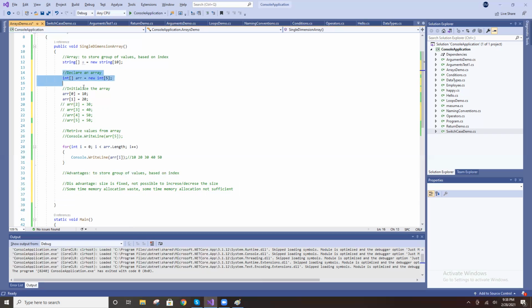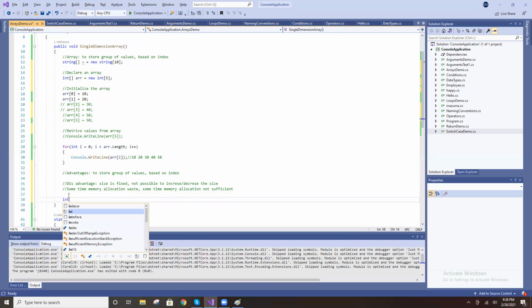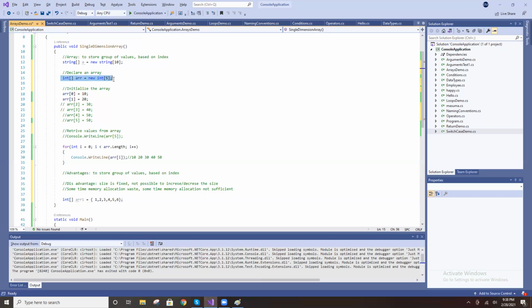This is the array declaration, initialization, and retrieving values. In the same way, see here: one line declares the array, another line initializes the array.